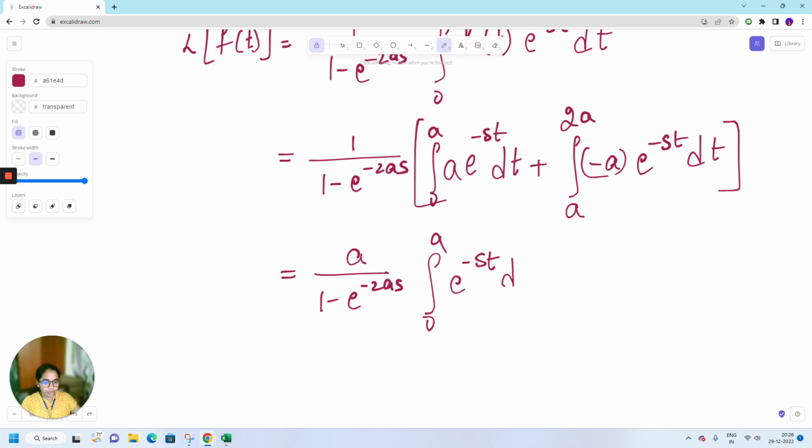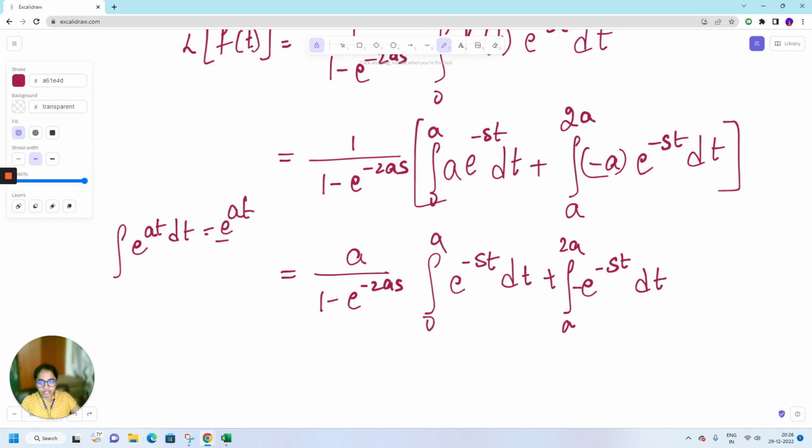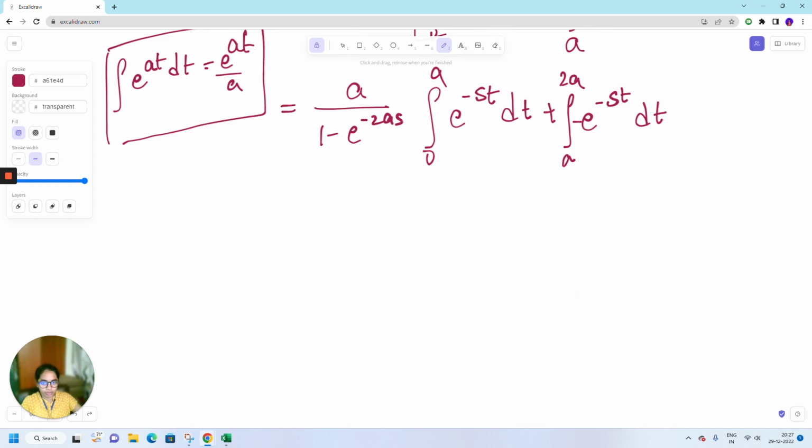We know that integral of e power at dt is e power at divided by a. So our integration would be,